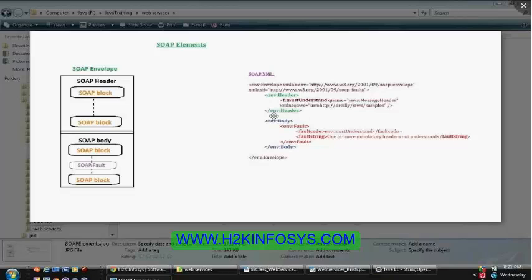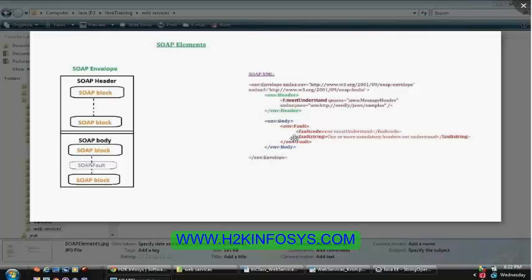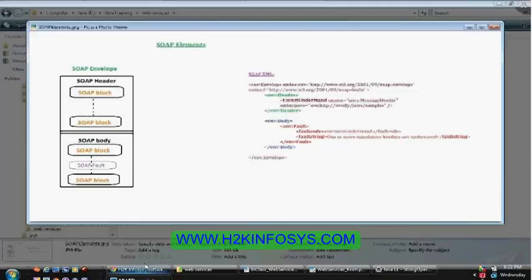So today we'll see how to generate a fault message with respect to the server, and in the same way how to handle the fault response, or the SOAP fault response, with respect to the client. And after that, we'll take a look at one real world example. We'll just take an example from